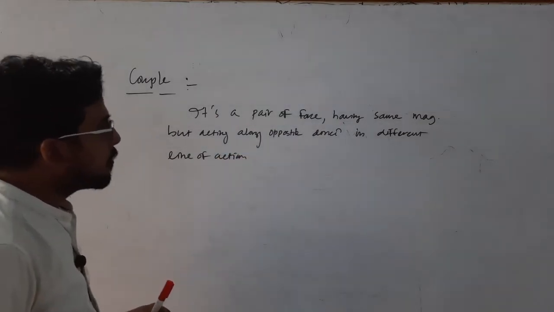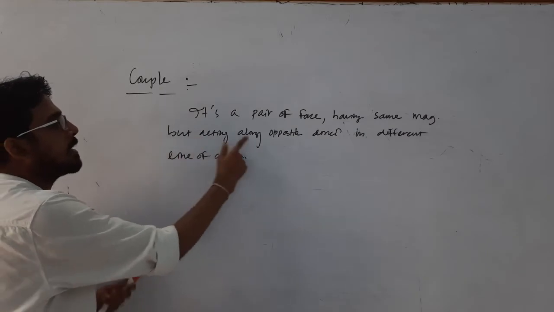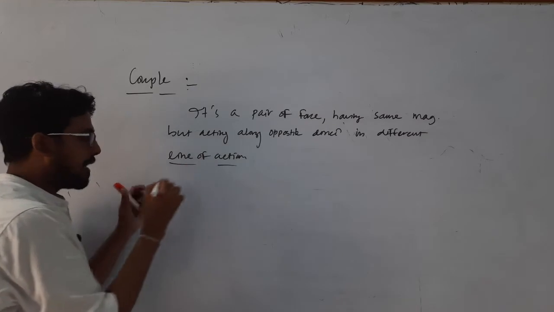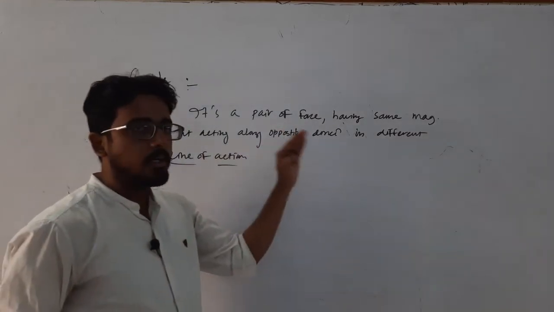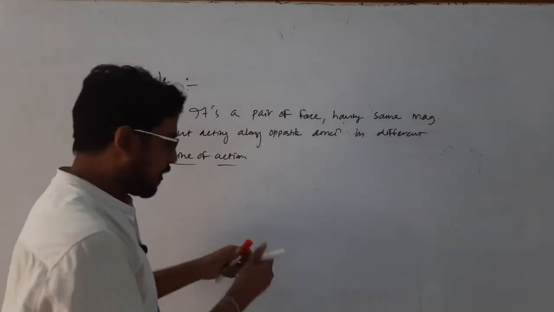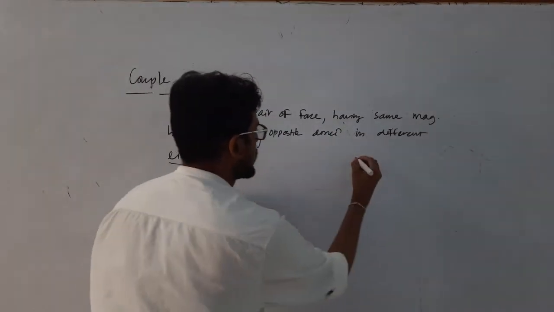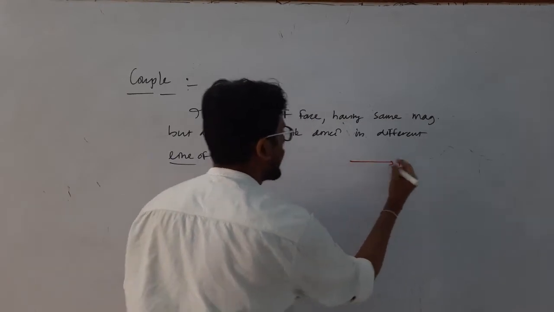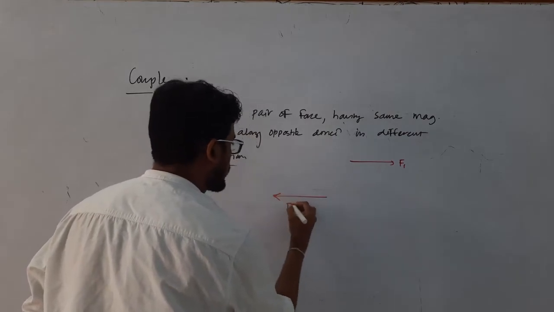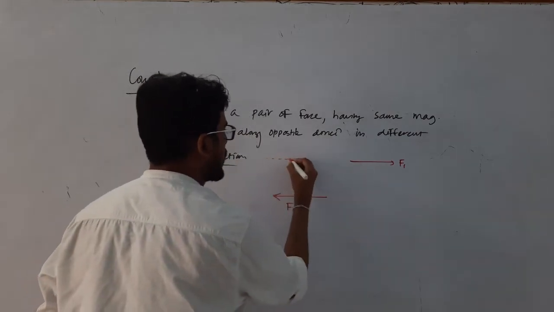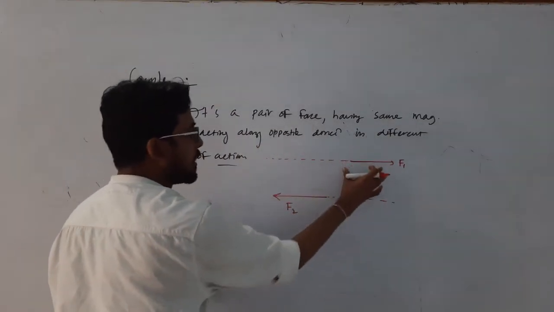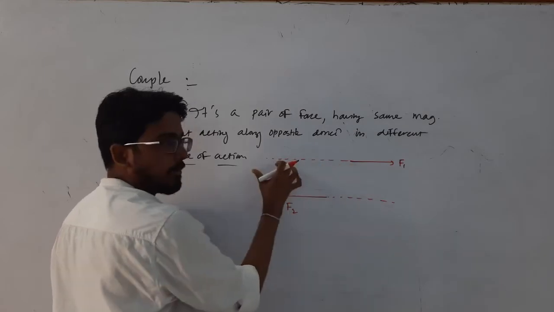Okay, so it is a pair of forces having the same magnitude but acting along opposite directions in different lines of action. What is line of action? Line of action means the two forces are not lying on the same line, or these two forces are not collinear. For example, here I am considering a force acting in the rightward direction, that is F1, and another force acting in this direction, that is F2. These are two forces. The line of action of this force is this, and the line of action of this force is this. So these two forces are acting in opposite directions along different lines of action,